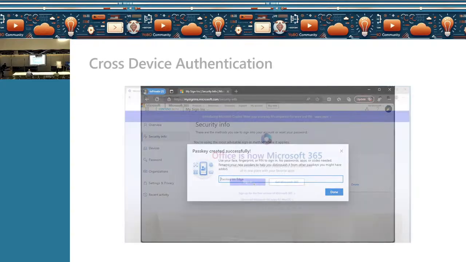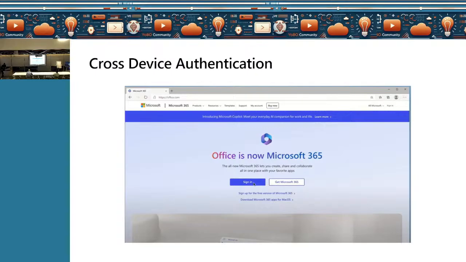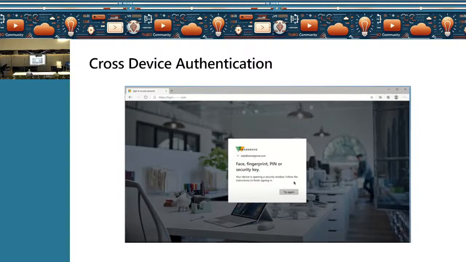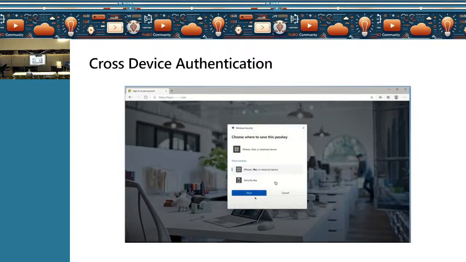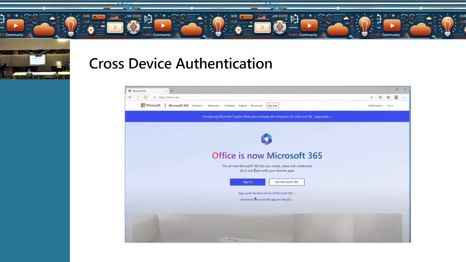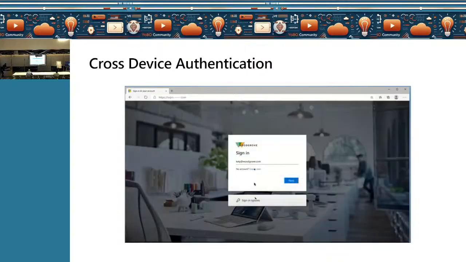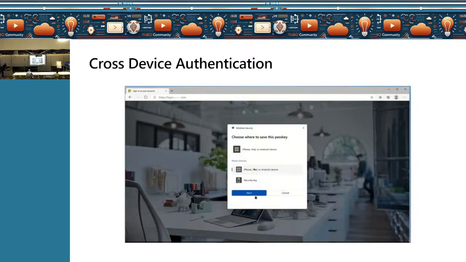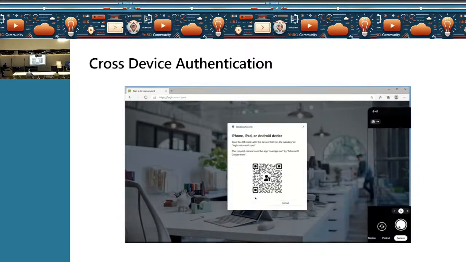And let me show you a quick demo as to how the authentication is going to happen after that. So let's see now. The good thing with this is that when you try to sign in, it's going to ask you for a username. You enter your username and then it's going to ask you for a scan.